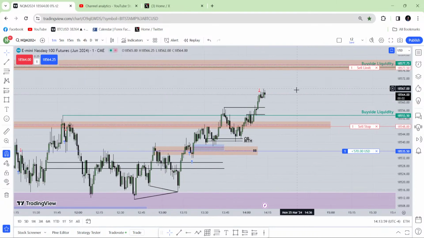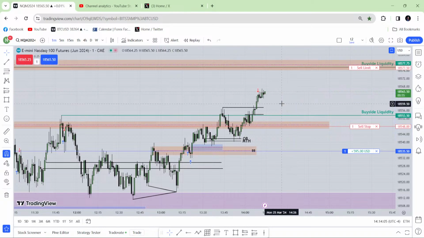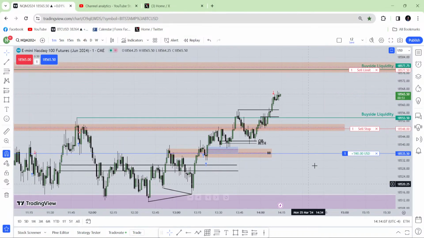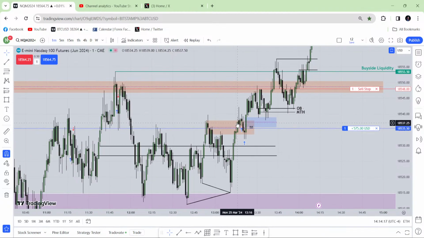So far I'm right. Till it gave me the partial, and you can see the partial was near about 28 handle. I'm happy with that, and I have a lot of profit from Monday where I had no intention to take entry. I just took the breaker block entry over here. This is my breaker block. I took an entry on that candle, and when market came back again to the 50% of that breaker block mean threshold, I added one more.